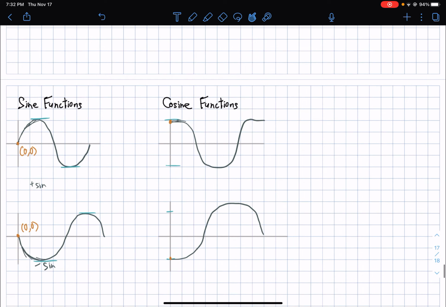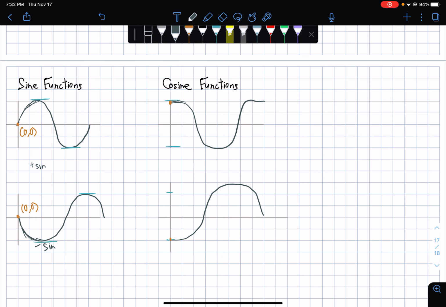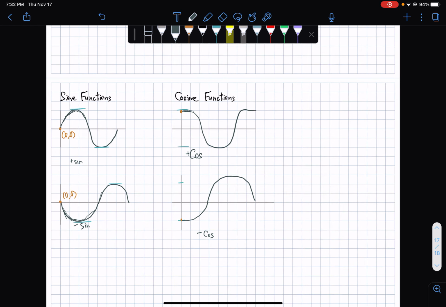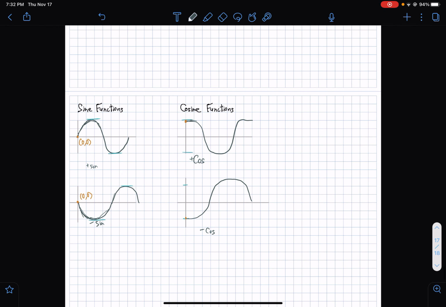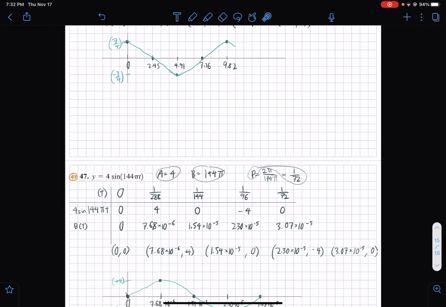And this is something that you would want to take note of. I've mentioned this before, I'll mention it again. Sine functions, positive, this is what it looks like. If it's negative, then it's basically the other way around. Cosine function, this is a positive cosine, a negative cosine over here. So I think you're all set up. This is everything for